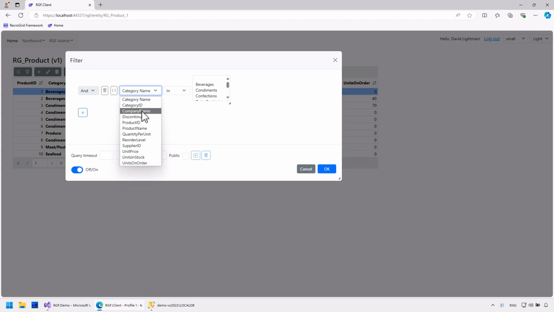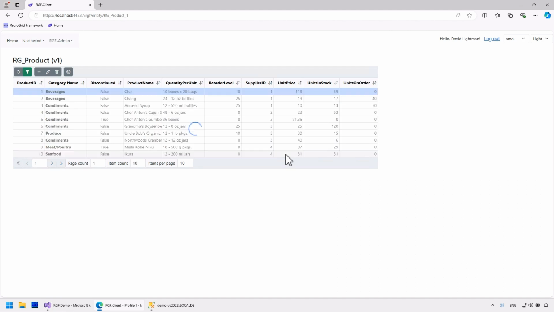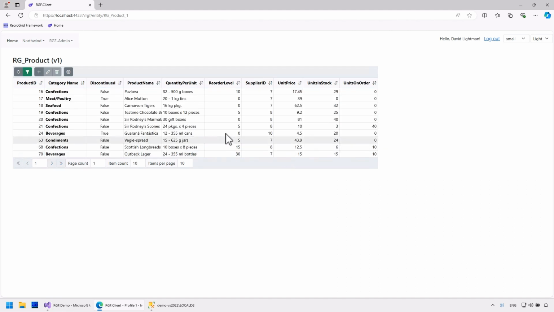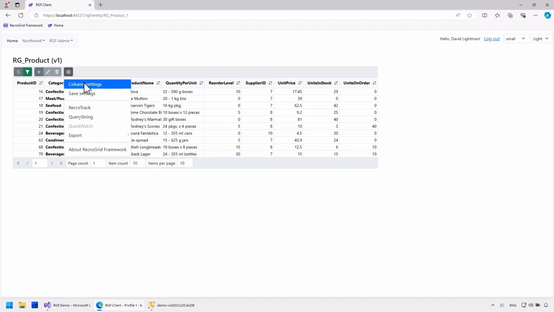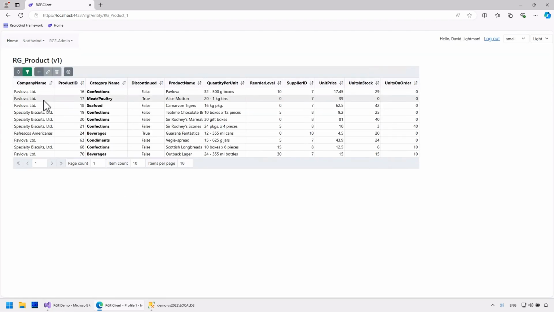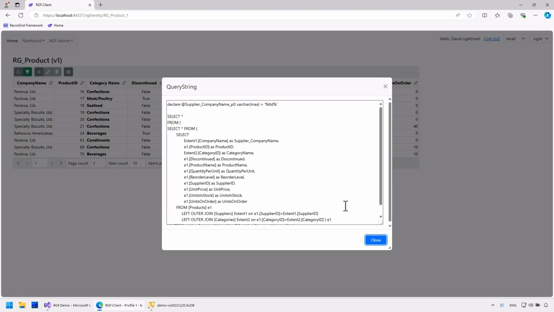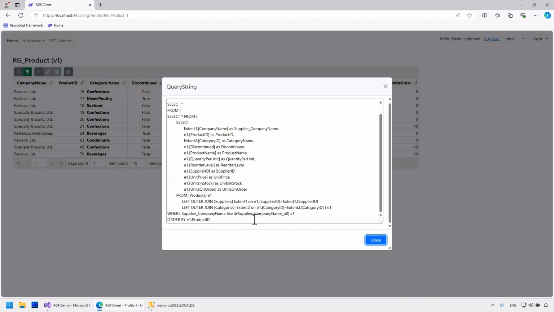What's important to us is that we can now also use it in the filter. For example, limited. This is what the query looks like. RGF automatically joins the tables and places the filter.